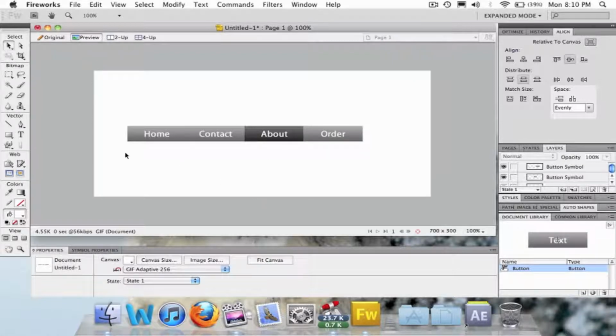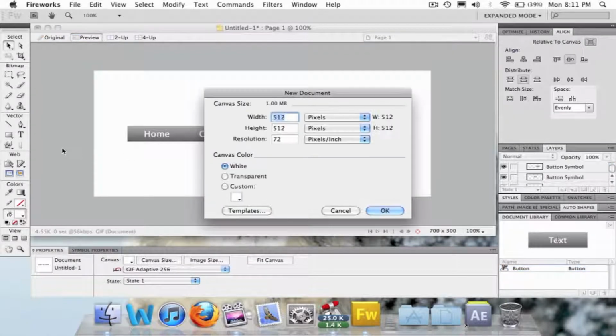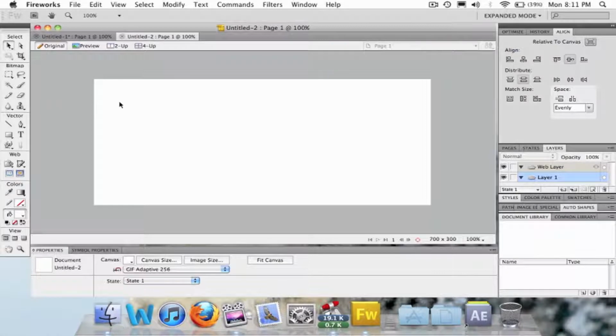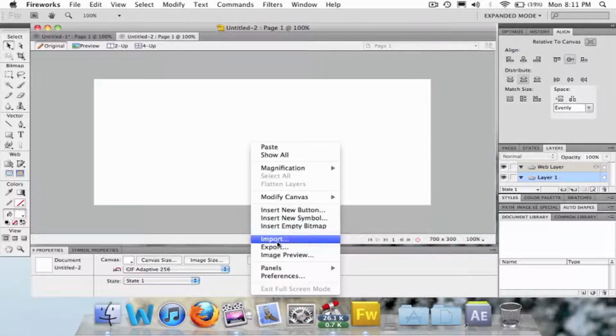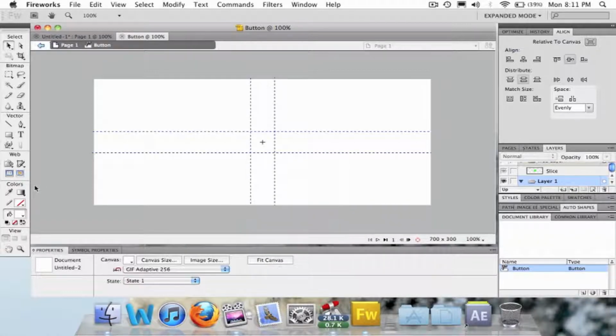So let's get started. Make a new document, Command N, or Control N if you're on a Windows machine, and we want it to be 700 by 300 pixels. Hit OK. And to start off, select your cursor here and right click, insert new button. Now to create a button, we want to come over to the vector menu and select your rectangle tool here,